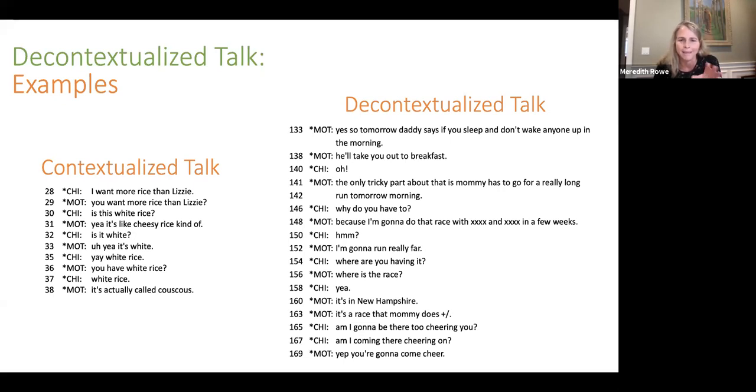So this is all very much about what's going on the table, right in front of them, here and now, contextualized conversation. The child probably learned the word couscous, right? It's not like this is a bad conversation to engage in, but you just see it's a here and now contextualized conversation. And then on the right-hand side, you see an example that happened a little later in the meal,